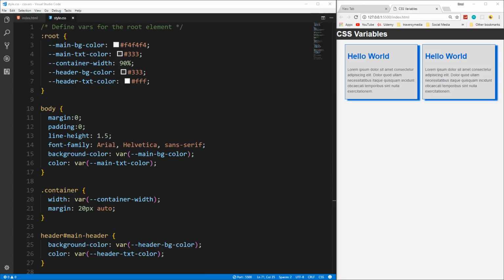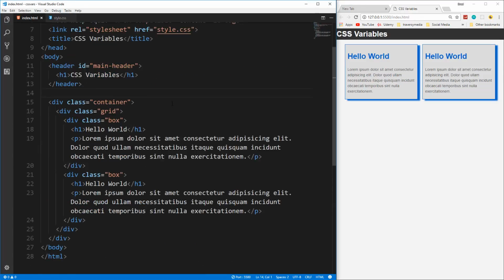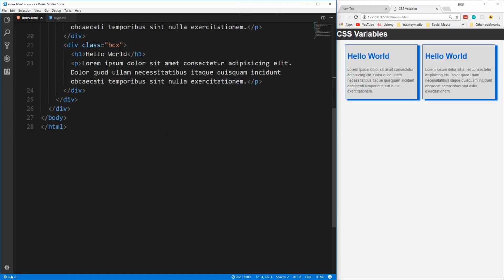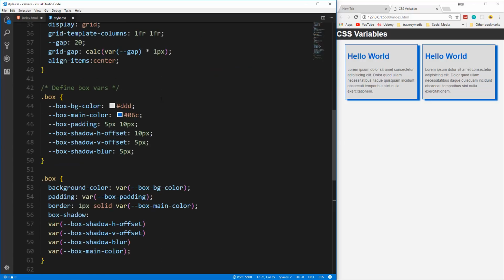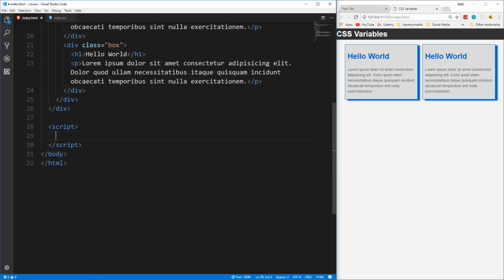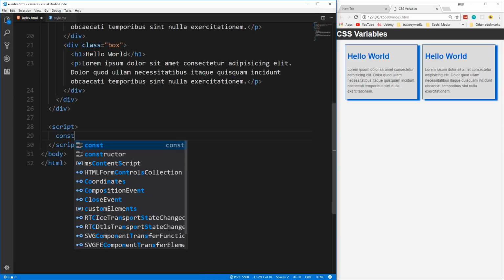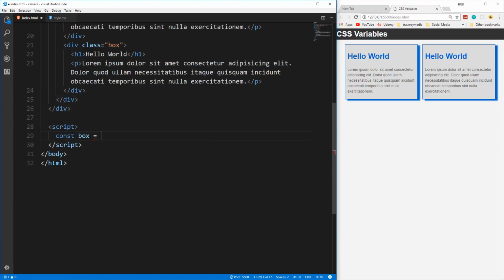So what I want to do now is jump into the HTML file and show you how you can access the variables in JavaScript. Okay, so we're just going to put some script tags in here, and what I want to do is get the value for box-main-color, which is this blue hexadecimal value 06C. So to do that, we're going to create a variable called box. I'm going to set it to